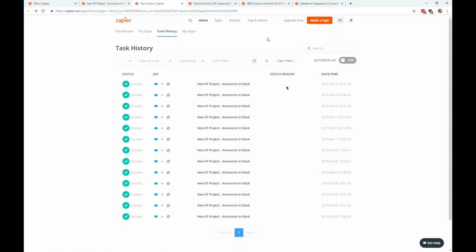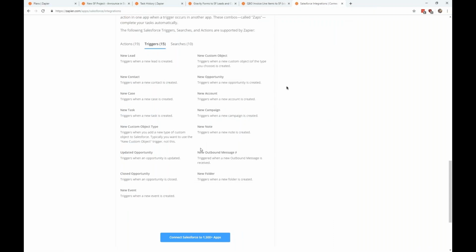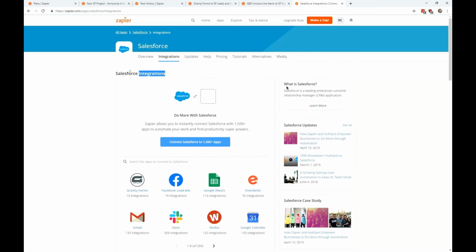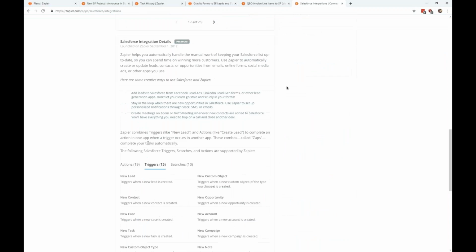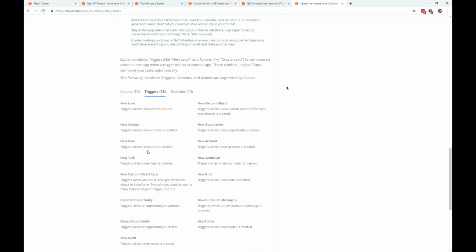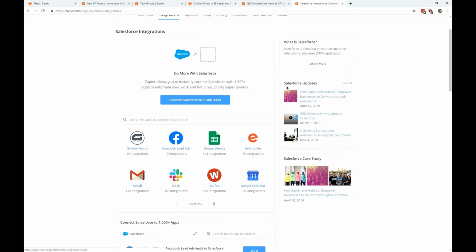Anytime you're dealing with an app in Zapier, you can look it up, and on a page like this, it will list all of the actions and triggers that are available to you for that app. Okay, so if we look up Slack,